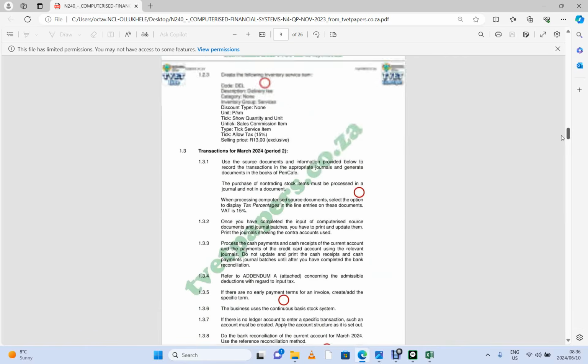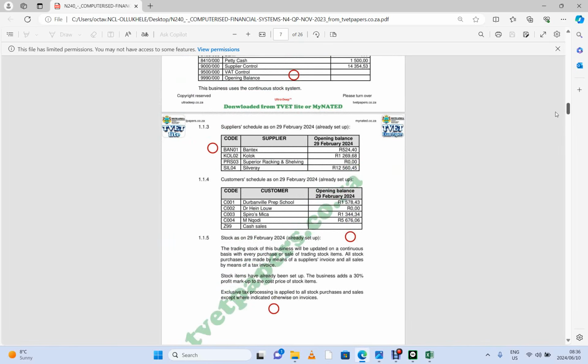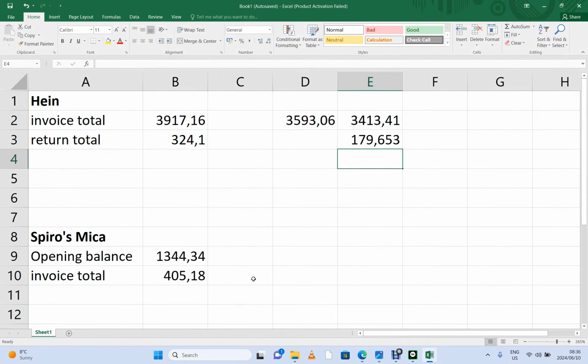I'm just moving up to identify the opening balances for Spiros. Now Spiros Mica is 1,000. Let me write it down. It's 1,344.86. Okay, already I've written it on the Excel. Here it is. This is the opening balance. 1,344.34 cents. And then now, the total invoice, I wrote it as well, is 404.18 cents. Let's confirm from the